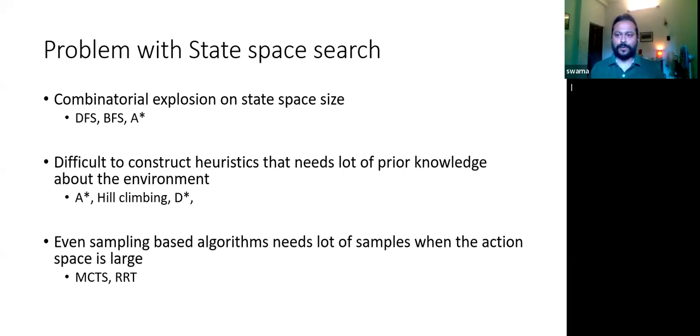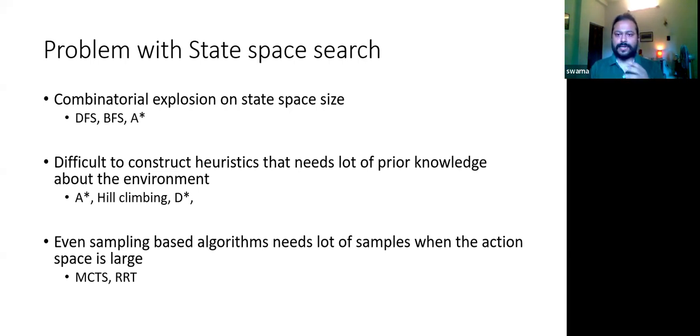Monte Carlo tree search is a very popular one, where we basically don't know the environment beforehand. We don't know the full state space. In that case, we have to explore the environment and find out what are the available states in the environment.